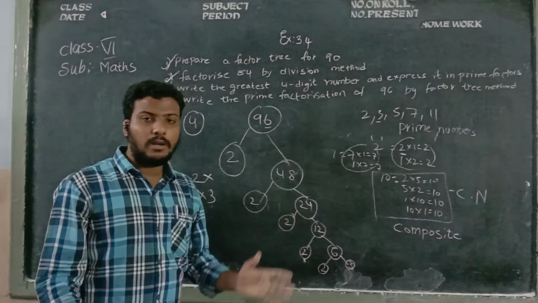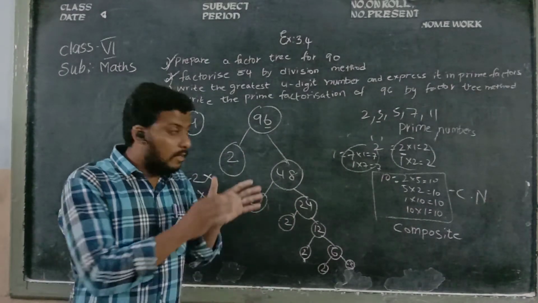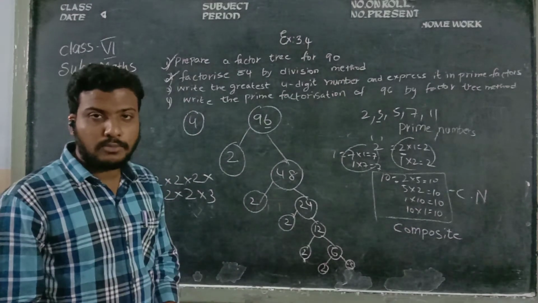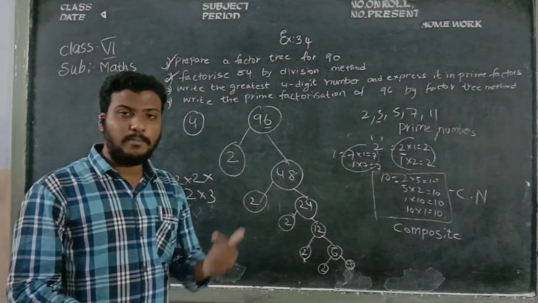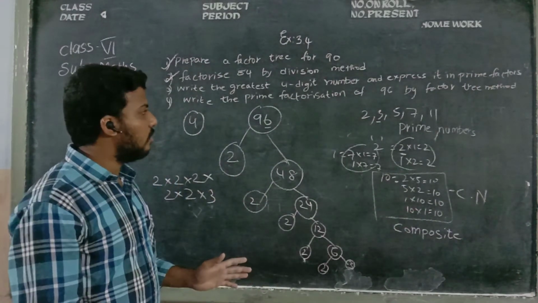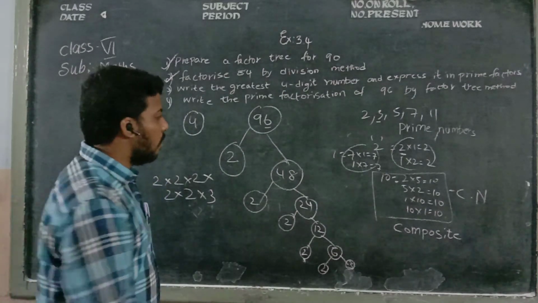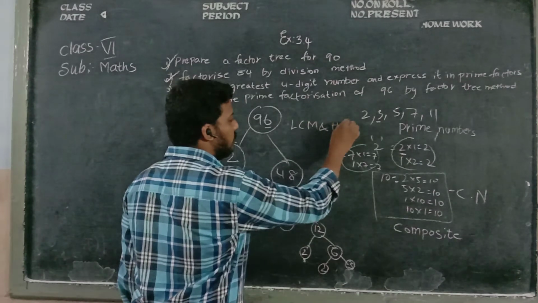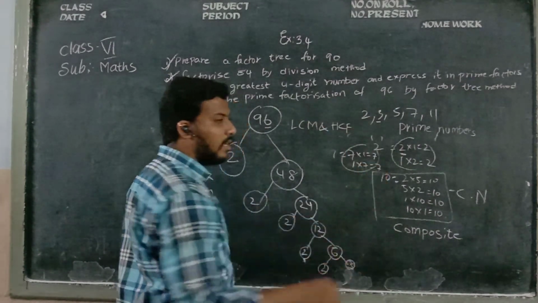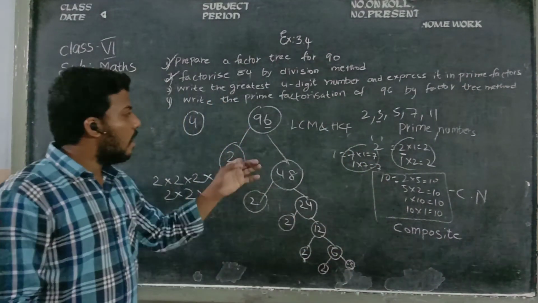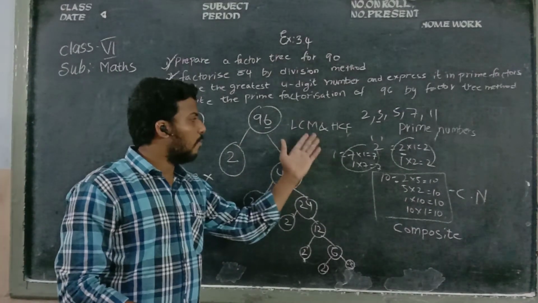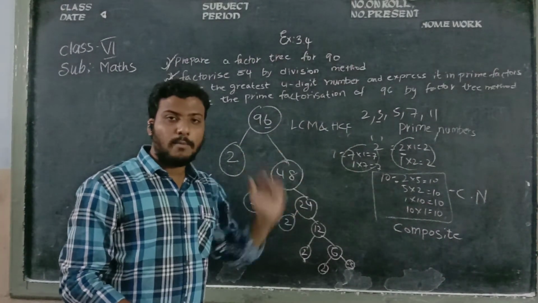These are enough, children, because these are all the basics, and by using these only we are going to do the problems regarding exercise 3.5, 3.6 and 3.7, children. And the main concepts are LCM and HCF, children. These are the main concepts because the title itself is LCM and HCF. You know the full form of LCM? Least common multiple. HCF, highest common factor.